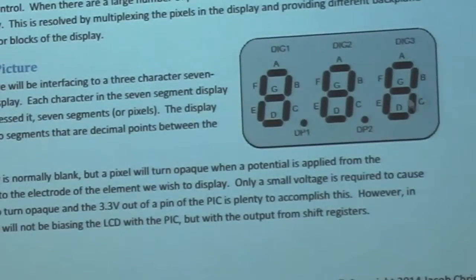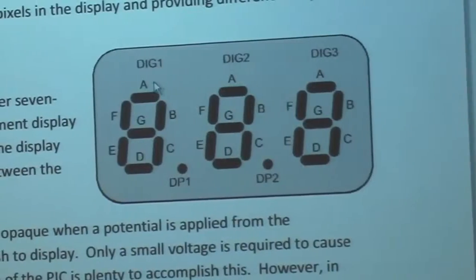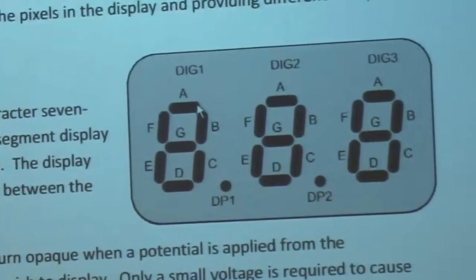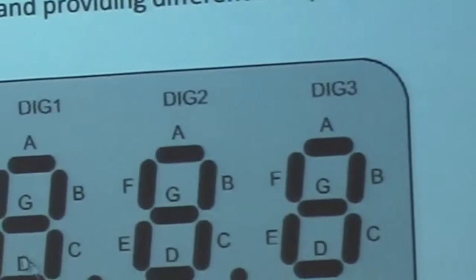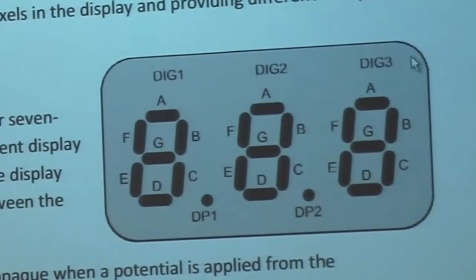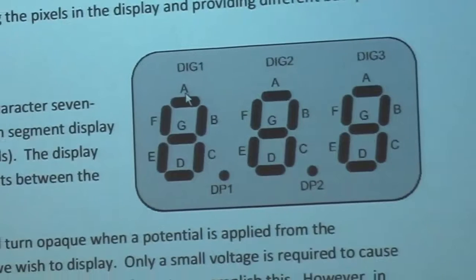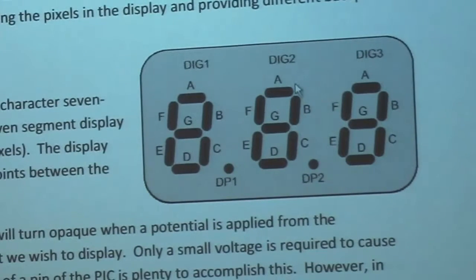So the display we're using looks a lot like this. It's exactly like this, right? We have digit 1, 2, and 3. There's 3 7-segment digits, a decimal point 1 and a decimal point 2, and the segments are labeled A, B, C, D, E, F, and G in the center. And each display segment is identical, the ABC pattern is the same. And if you get a 7-segment LED, the